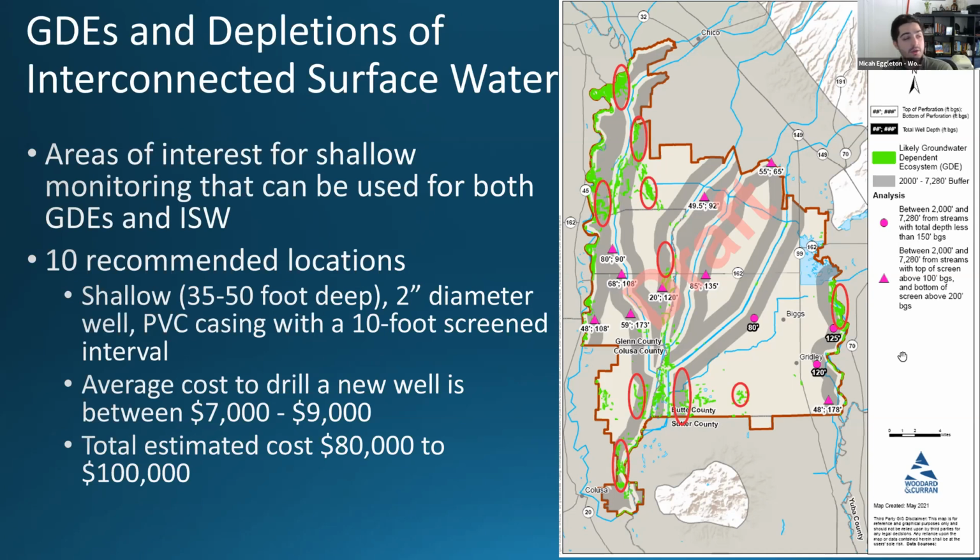But even though the minimum threshold was, I think, like 48 feet or something on that hydrograph, that doesn't necessarily mean that it's in one of these GDE areas. The discussion of the GDEs is really just brought up here because there is a good amount of overlap, and some of those wells are near these GDE locations. We'd like more wells in these GDE locations, but that expands not only our GDE monitoring, but our interconnected surface water monitoring network. So that's why I think I answered your question a little bit.